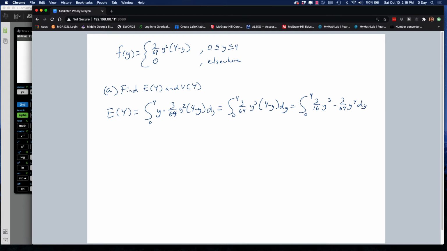Now we can actually do the integral. 3/16 y cubed becomes 3/64 y to the 4th, minus 3/64 y to the 4th becomes 3/320 y to the 5th, and that's going to be evaluated